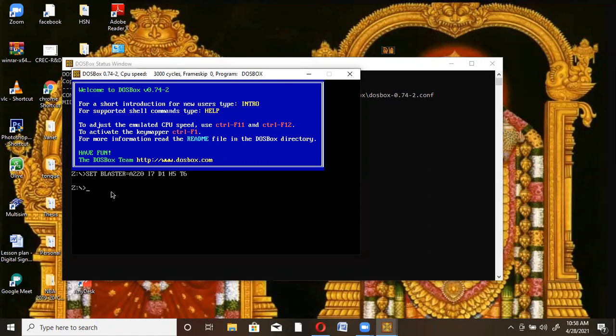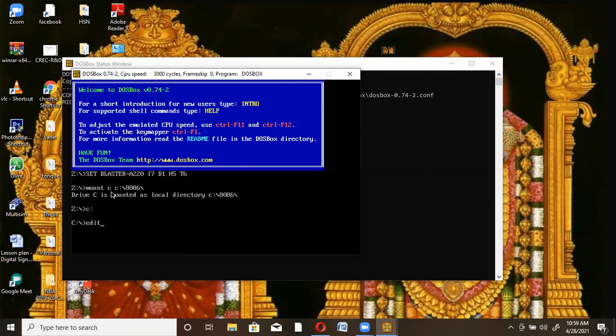Here in the DOSBox tool, you have a Z drive, but in my computer, I installed the MASM software in the C drive. So I'm going to convert the Z drive into the C drive. For that, I'm going to use the command mount C colon front slash 8086, because the 8086 microprocessor is a 16-bit microprocessor. Here also we are going to develop the code related to 16-bit, so I am using the 8086 microprocessor. Then you type C colon, press enter. Then the Z drive is converted into the C drive.